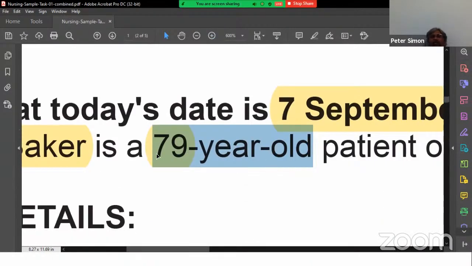79-year-old is one word. You cannot say there are three words. It is one compound word. So you cannot split them. It's hyphenated. 79-year-old. A patient who is 79 years old. Separate words. 79 years old. When you join it, it becomes year-old because it's an adjective. 79 years old, that is different. Without a hyphen, that's a noun. So this is how you modify. Right.